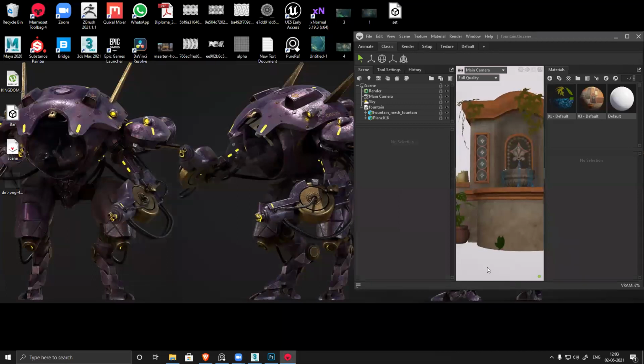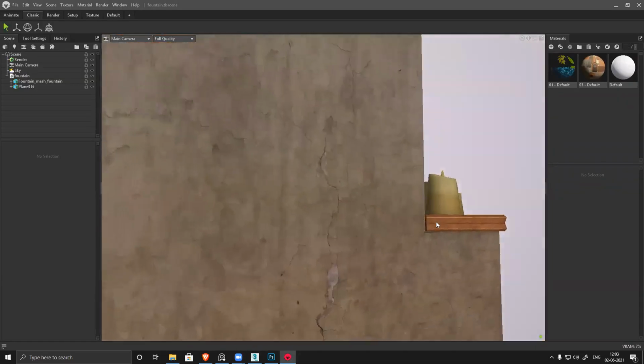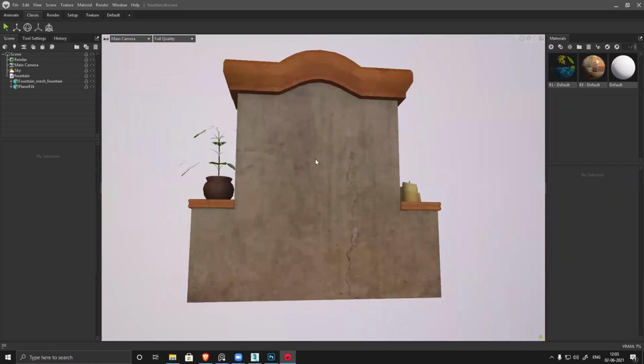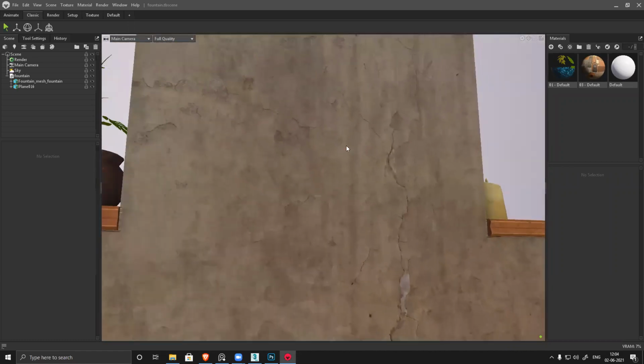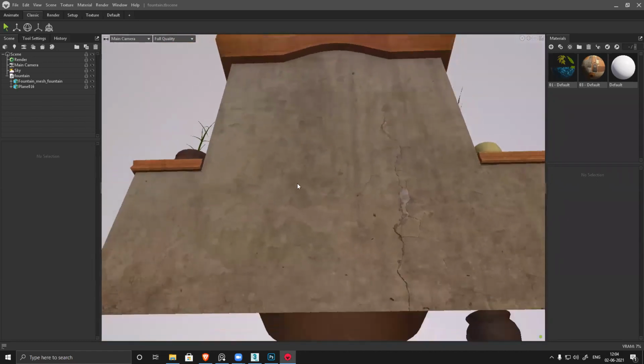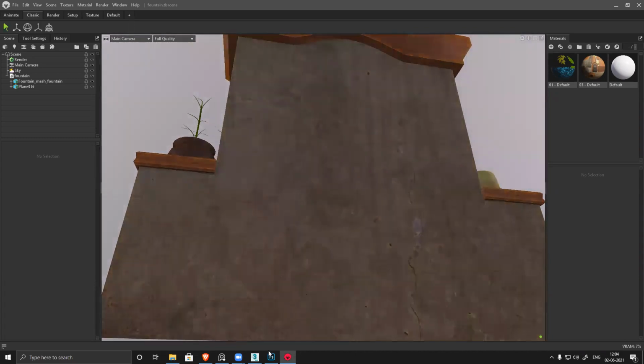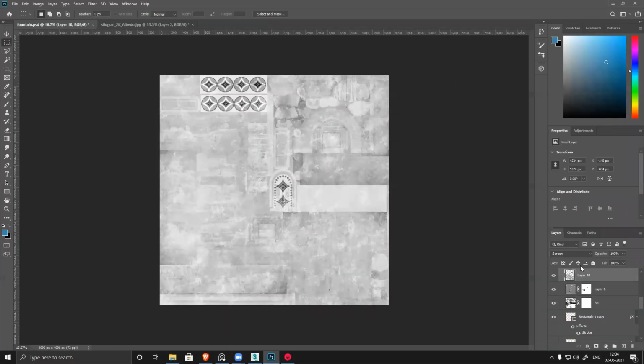This is how you have to apply, create and check it, because manual texturing is a time consuming process. So you have to see each and every layer properly. And still I don't feel it's that shiny. I want to make it a little shiny. So I'll make it. Go to Photoshop.